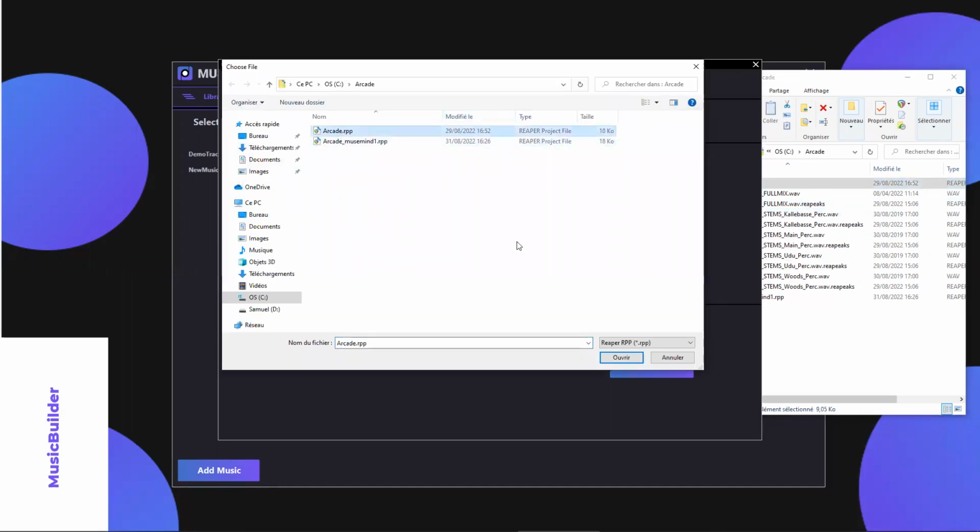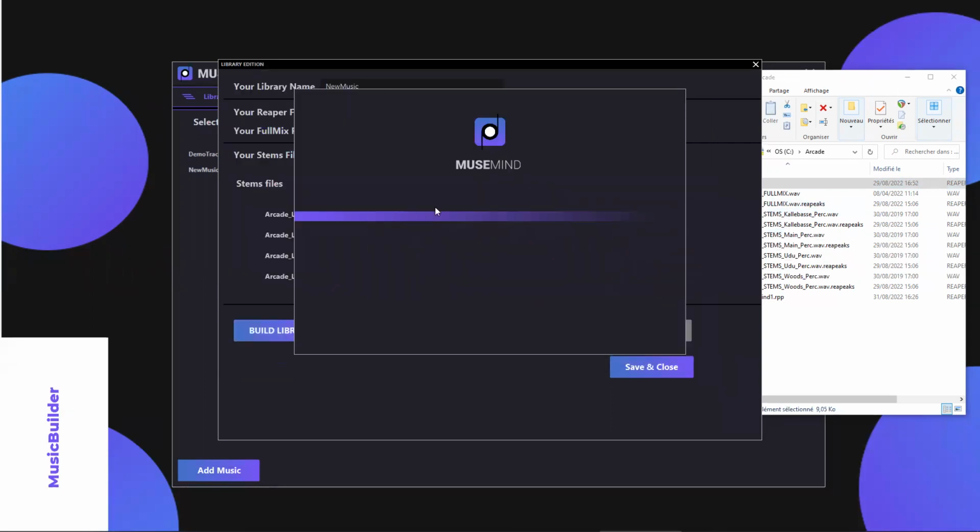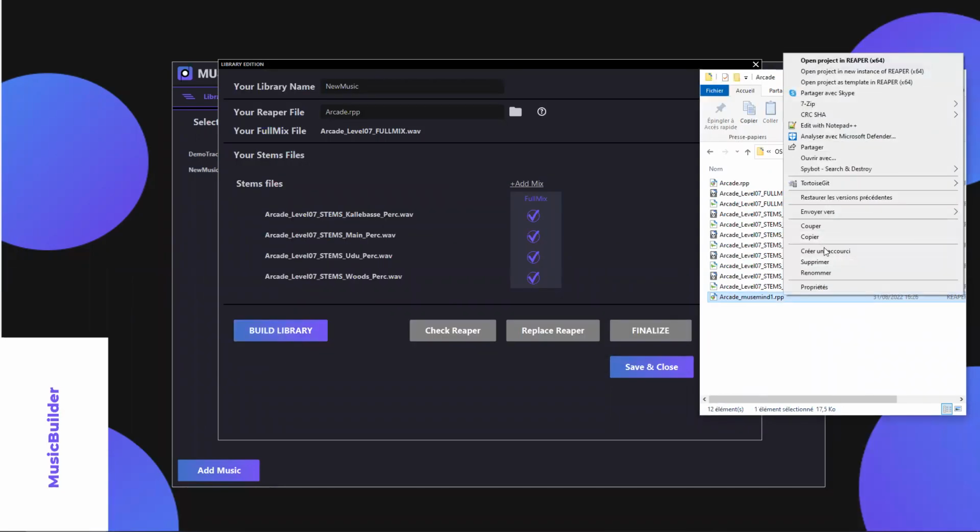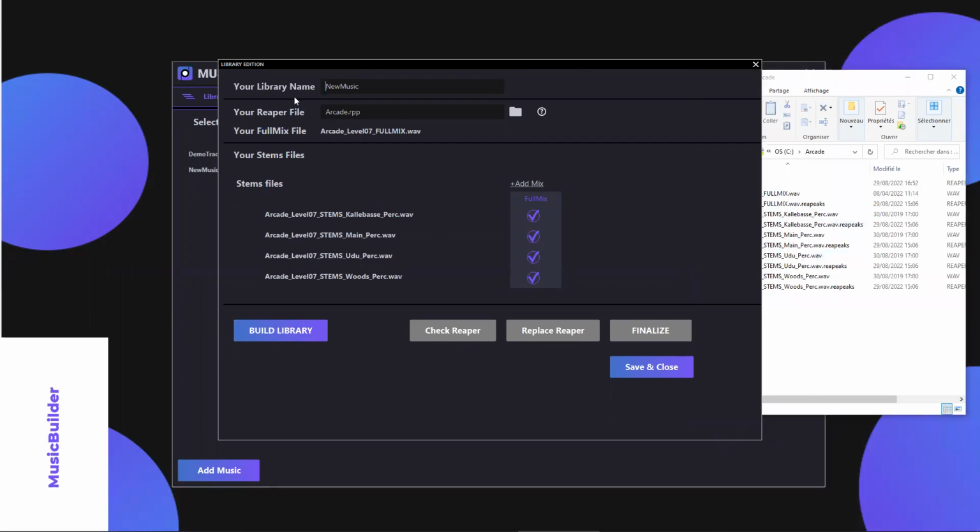Let's open it through MusicBuilder. Okay. And let me suppress this one. And automatically MusicBuilder detects the full mix, the stems, and provides a first full mix that includes all the stems. You can, of course, add your own mixes that will be based on your own set of stems, and then simply build the library. Building the library means that the tool is going to make a huge processing over all the stems to cut precisely